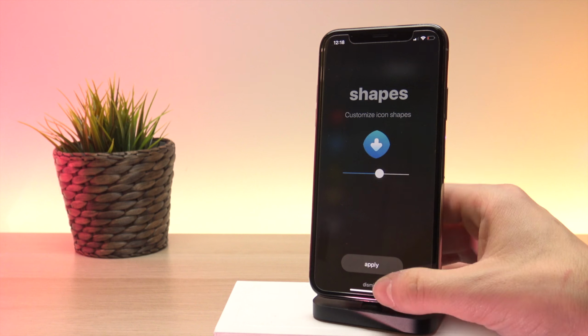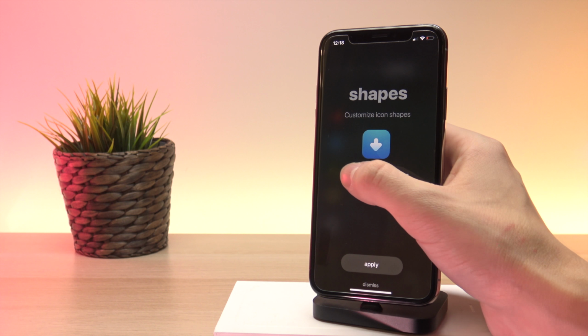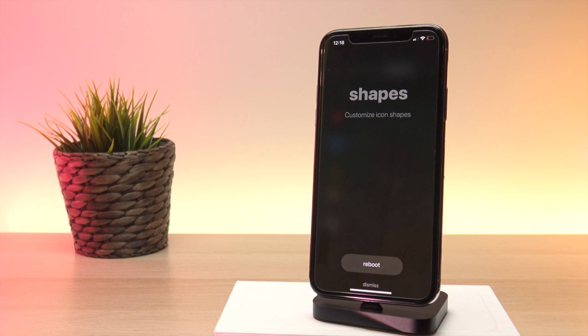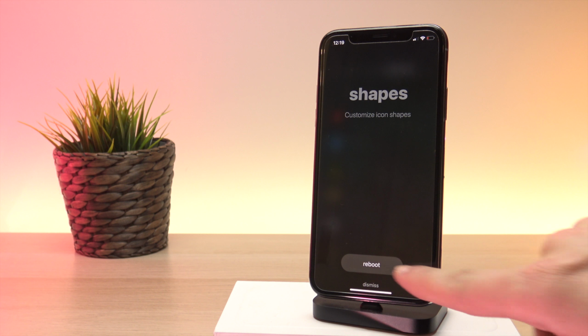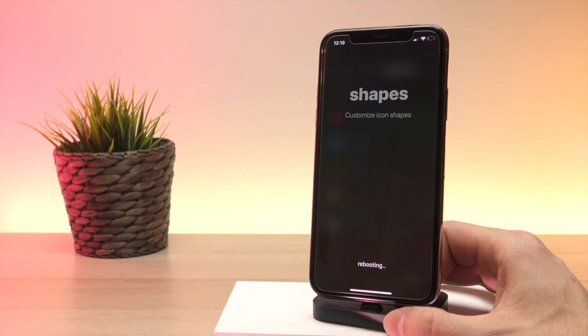So just showing off as an example of what you can do. Like I said, you have the circle icons here. You can put them back to kind of their default, or you can just have a complete square. I'll just go ahead and hit apply to show you guys what the square icons look like and show you what the process of enabling this feature does. So to enable this, unfortunately, we have to go through a complete reboot instead of respring, so I will reboot